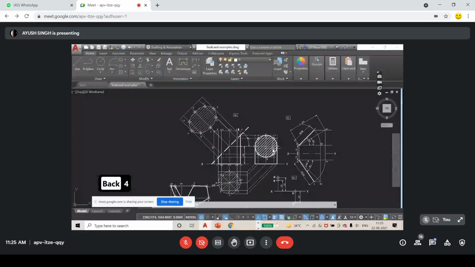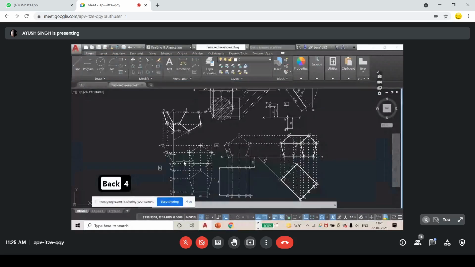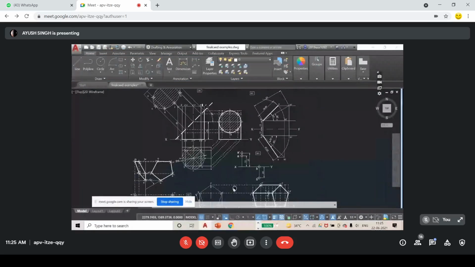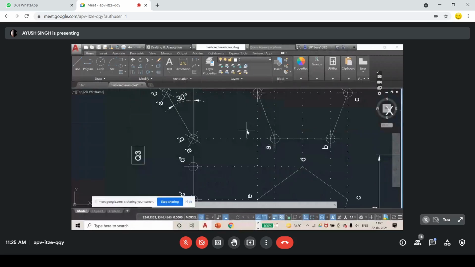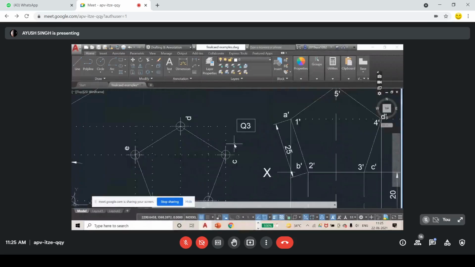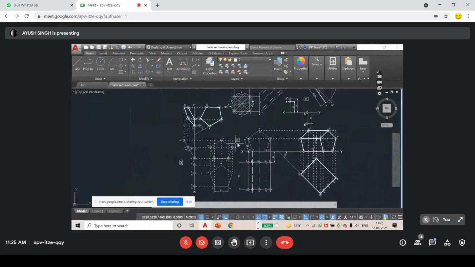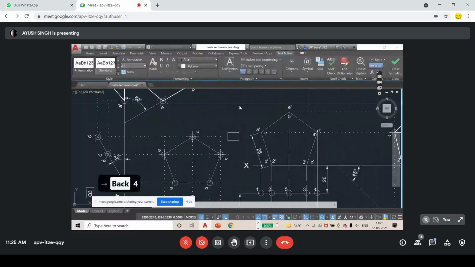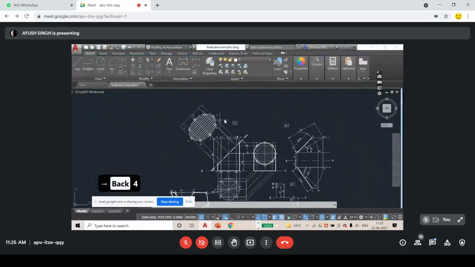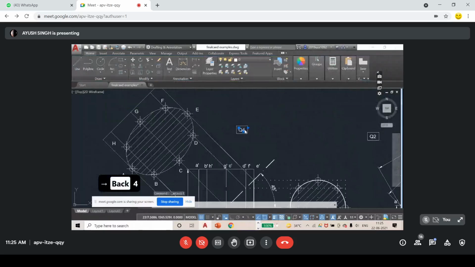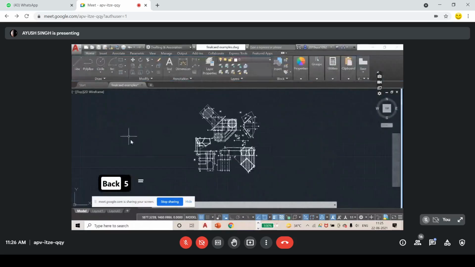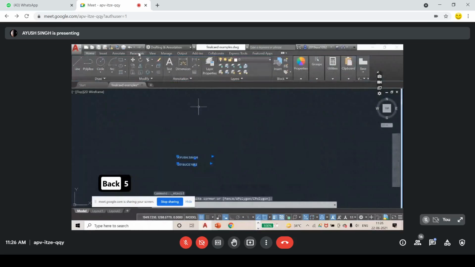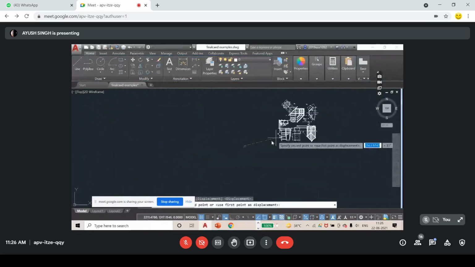One, two, three, four. Plane, solid, section of solid, line, point. One, two. Oh, sorry. This was 3. This was 3. So this is 4. It was correct. It was 4 and it was 5. Now I'm going to print it quickly. Where is my name? Without name, no checking will be there. Place your name in the middle somewhere.